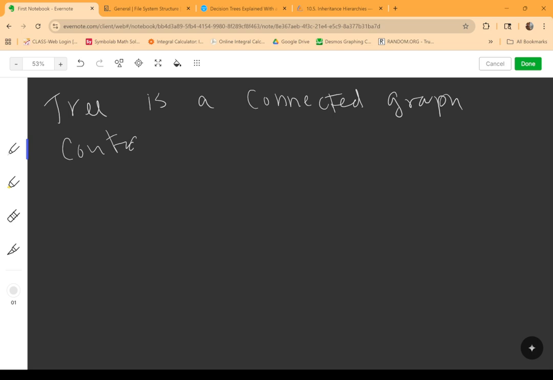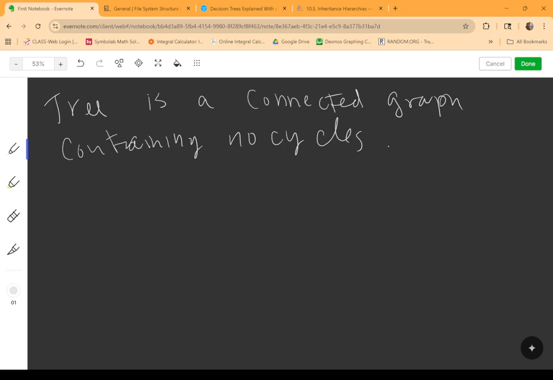A tree is very simply a connected graph with no cycles. Again, by cycles, I mean simple cycles,